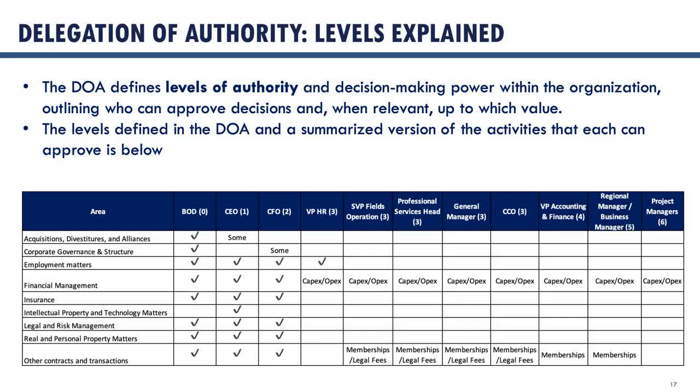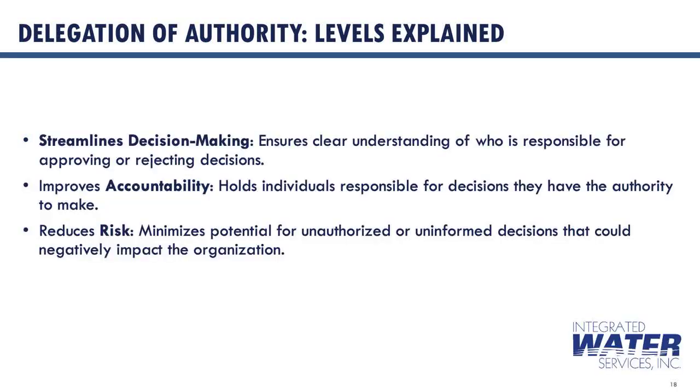Some financial management decisions, like approving the annual budget, are reserved to the board of directors, while in order to approve operational expenditure, a regional manager has authority to approve up to $5,000. In short, most of the transactions require approval at a CFO or above level. In case of doubt, please contact accounting or consult the full delegation of authority document. The delegation of authority is a key element of any governance framework in an organization, and it has several advantages.